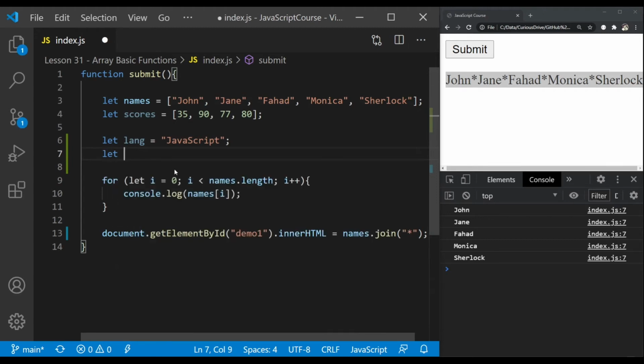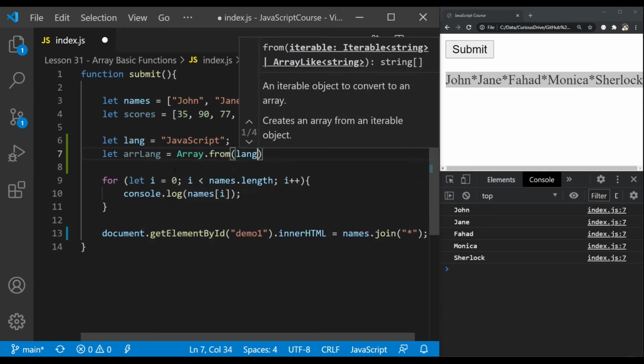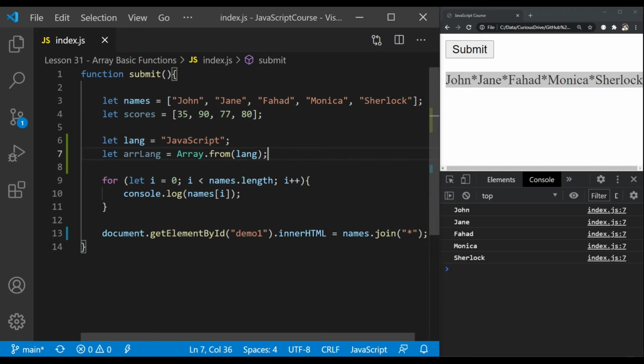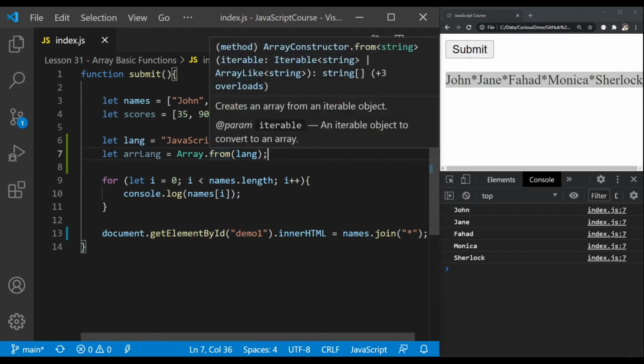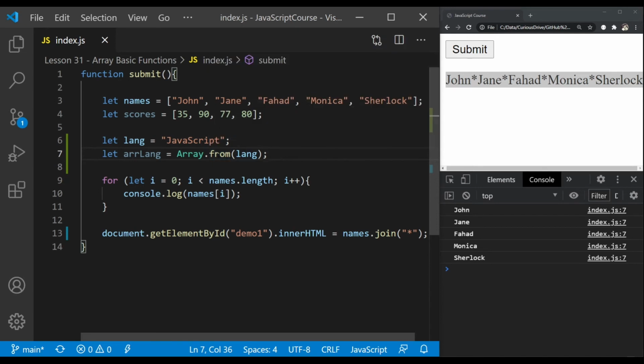For that, I'm going to first create a variable, which is going to be arrayLanguage. And then I'm going to use Array.from, and in this, I'm going to pass a string. Now, if I hover over this lang, it's a string, which is a parameter for the from function, and it returns